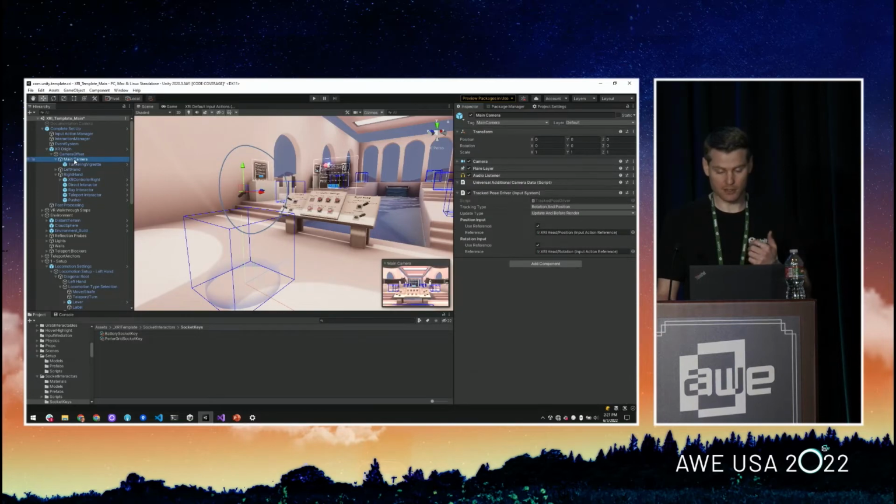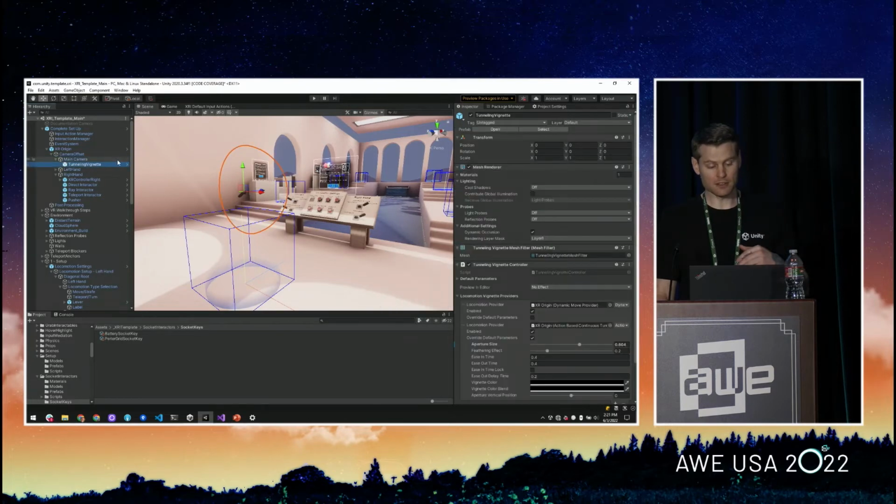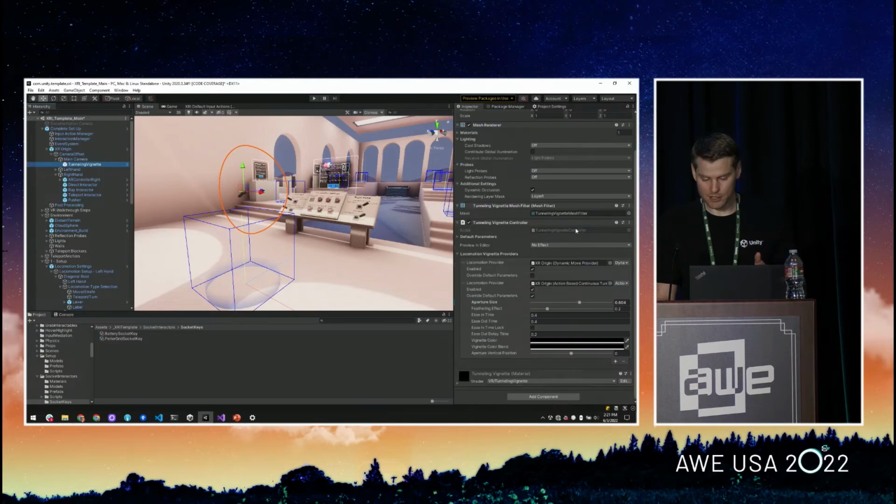Next piece is kind of the main camera. So this is pretty standard for any of the vanilla XR stuff that you would create. It's just got the track pose driver to control head movement. But underneath is the other prefab that I talked about, which is the tunneling vignette. And you can see here,